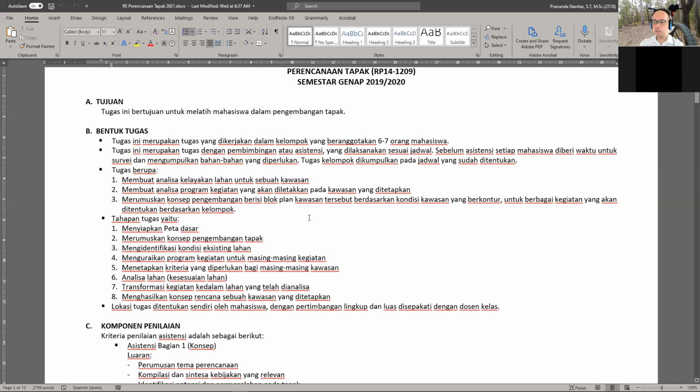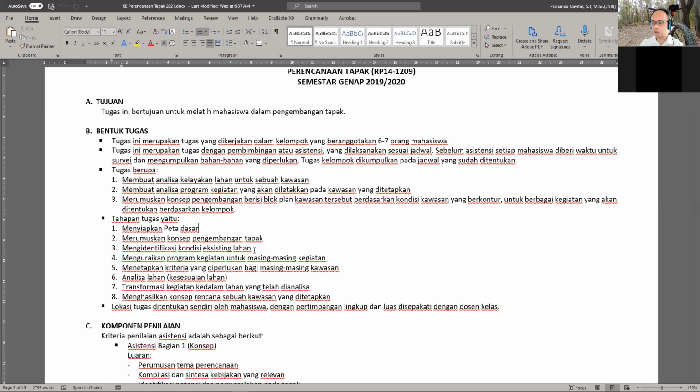So this primary task involves the preparation of the base map, and then a formulation of a site development concept, and